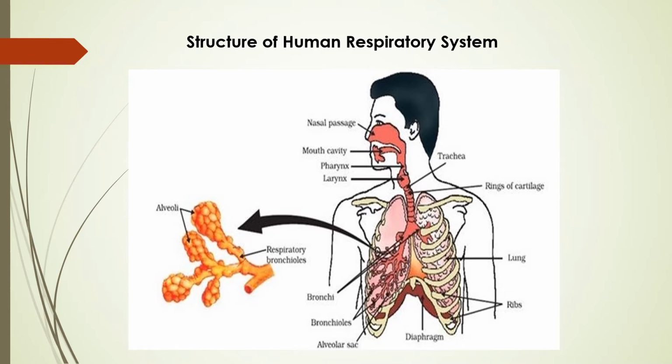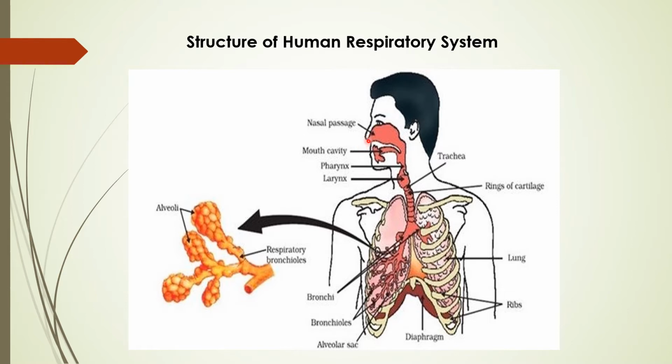The first part, from where we take the oxygen, is the nostril. You can see in this diagram, before the nasal passage there is an opening that we call the nostril. Air is taken into the body through the nostril, and the nostril has fine hair and mucus which help to filter the air entering through it. It means that if there is any infection or dust in the air, these hairs do the function of filtration. So this is the important thing in the nostril.